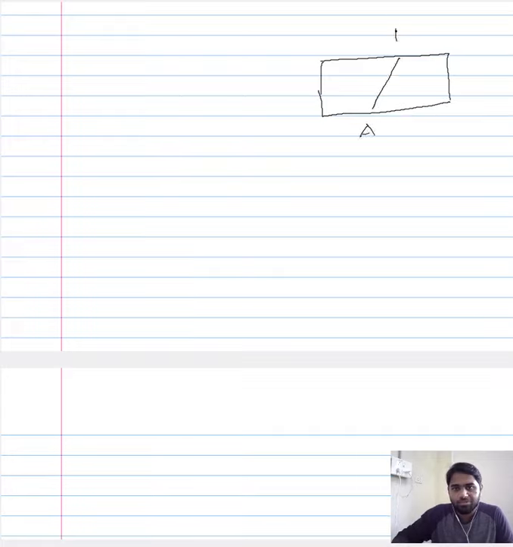Hello friends, so let us resume the second part of the lecture. What we have seen so far is we have considered a plate of unit thickness and a region of interest within the plate, that is AB, which is experiencing a uniaxial loading. And for this region of interest we were able to quantify the normal stress and also the shear stress.